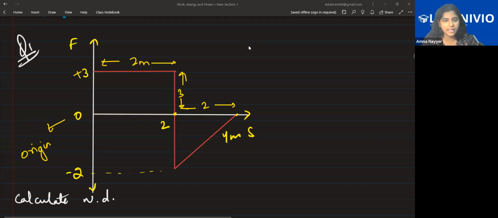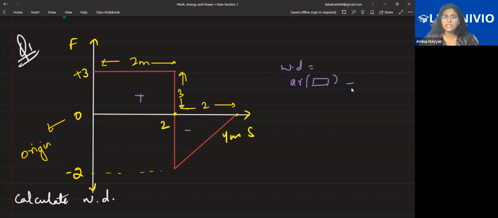Yes, so Shaima, Zainab, correct. Other students also, this question at least you can solve. See, it says a rectangle is given and a triangle is given. So if a rectangle and triangle are mentioned, how will you calculate? Simply, you will see what is above and what is below, so positive and negative, right? Now, the total work done here will be equal to the area of the rectangle plus the area of